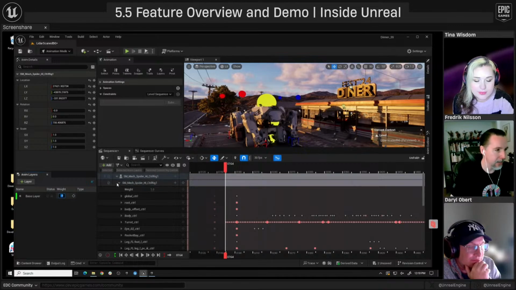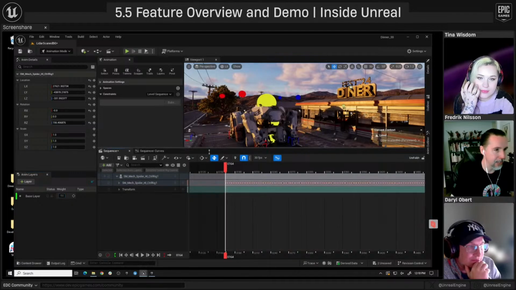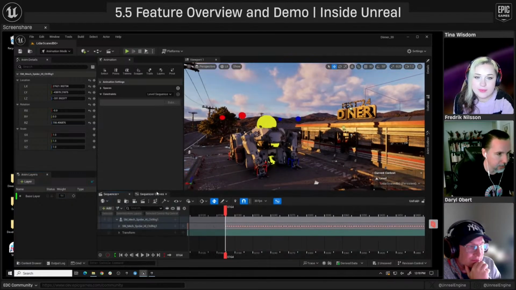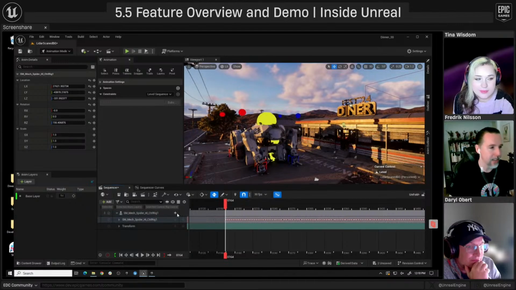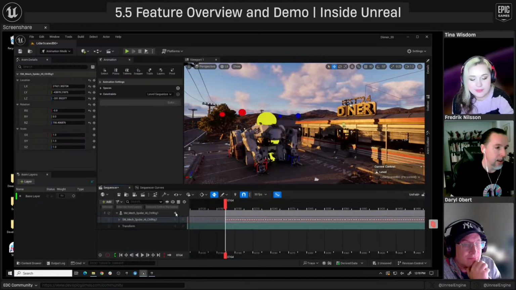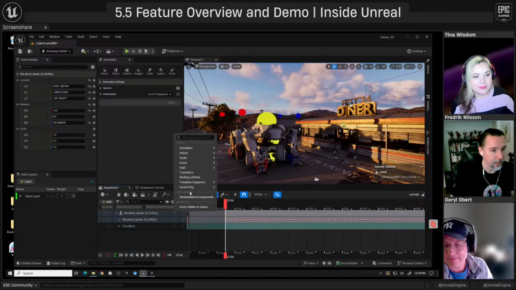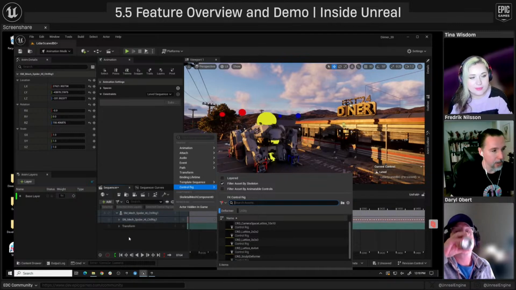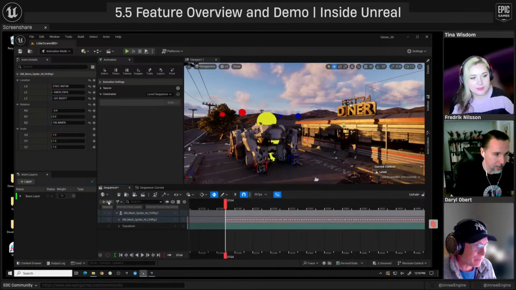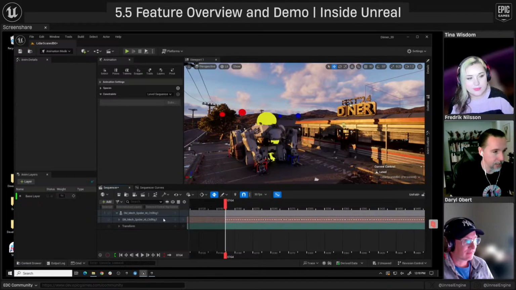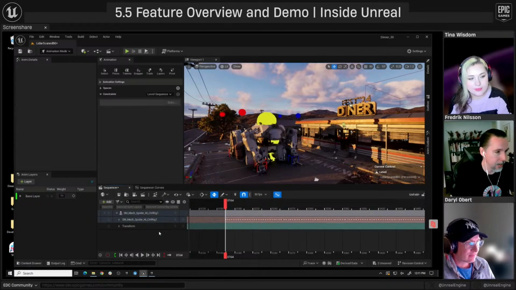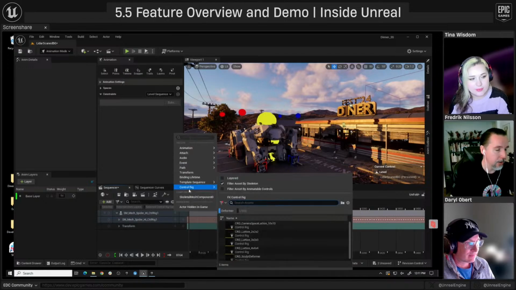Okay, the animator kit. So the reason I just hid everything is I just wanted to kind of clean up my sequencer a bit more. I could have isolated things out, but in this case, I just wanted to clean it out. So the utility rigs that we added are over here. So I could just click the plus sign here. No, sorry. Where is my add? Well, I would do it here. So I could add the control rig here.